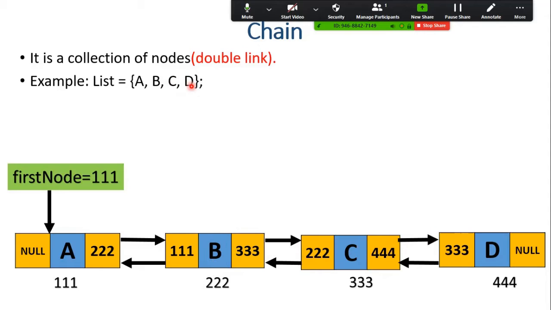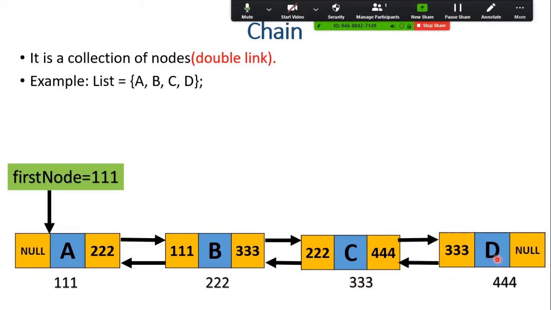Next, we'll take one more last element from this list, that is D. So allocate a memory for the last node, placing data D in what? The data field. And what is the left link? It holds the address of the previous node. What is the previous node address? That is the C node address, which is 333. So 333 is placed in